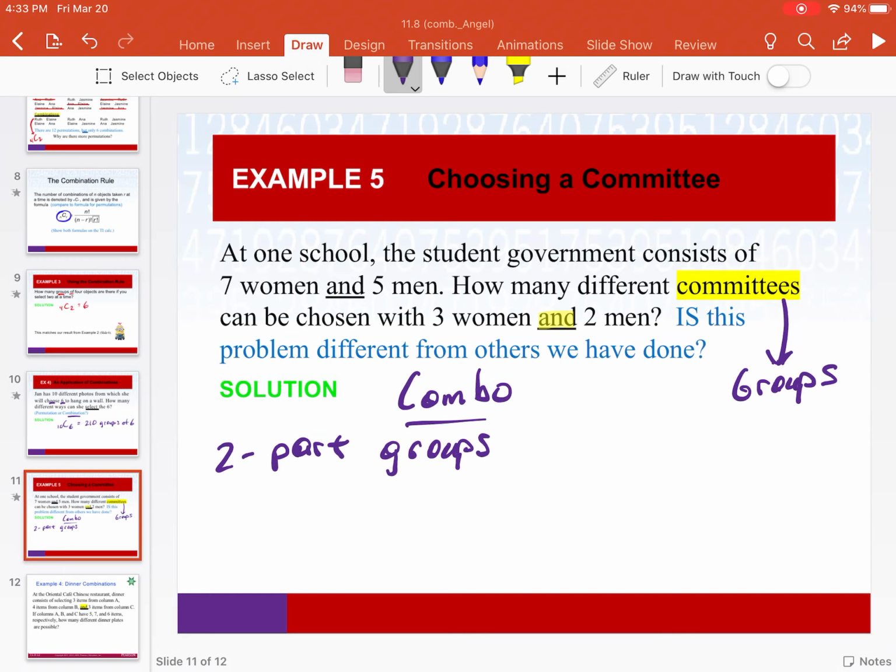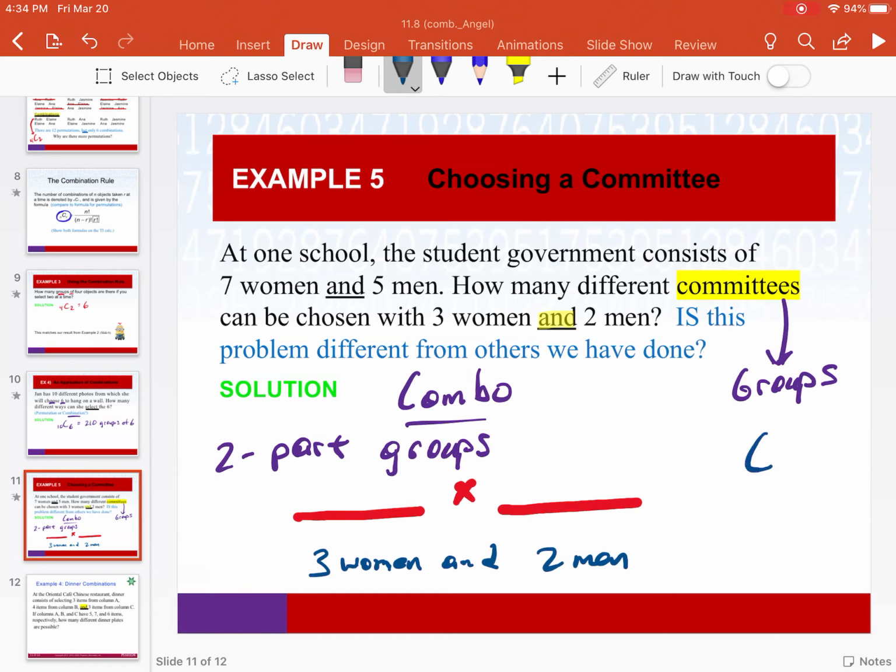Okay, we have to have 3 women times the 2 men. Okay, so I have to have 3 women and 2 men. Now, the answer is not, okay, hopefully you didn't think the answer was combination of 12 total